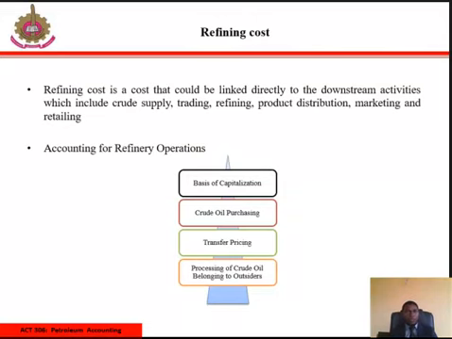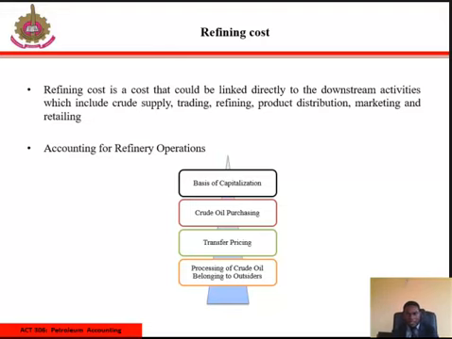Refining cost. Refining cost is a cost that could be linked directly to the downstream activities, which include crude supply, trading, refining, production, distribution, marketing, and retailing. Accounting for refining operation. We have about four accounting for refining operation: we have basis of capitalization, we have crude oil purchasing, we have transfer pricing,